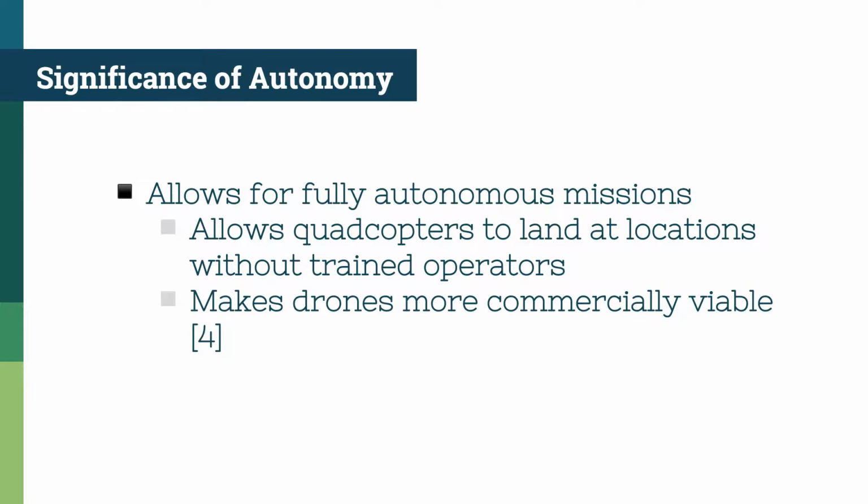The significance of autonomy is that it allows for fully autonomous missions. With applications such as Amazon's Prime Air, as the services become more widespread, there will be a necessity to make the whole process fully autonomous, including the landing of a drone. The drone has to land precisely and accurately so that the quadcopter itself and its payload are not harmed. When you use a working autonomous landing program, that eliminates the cost of an actual operator